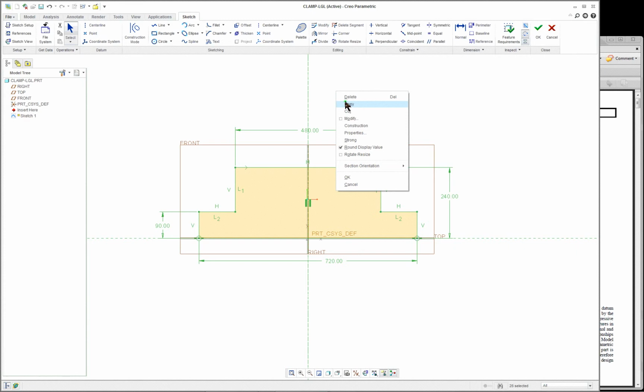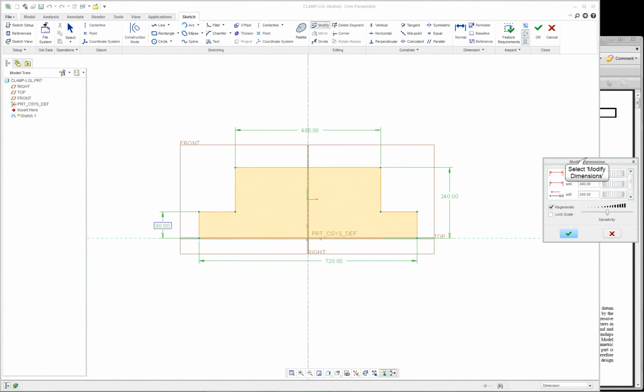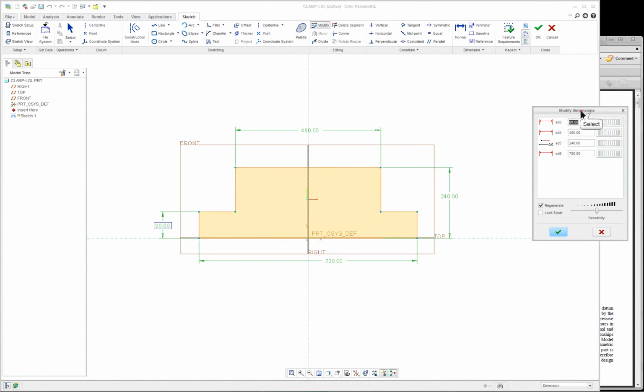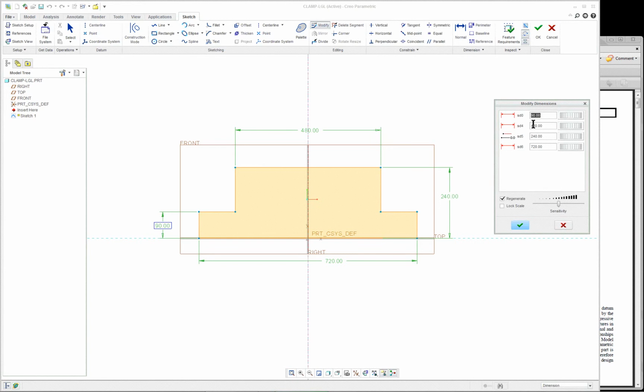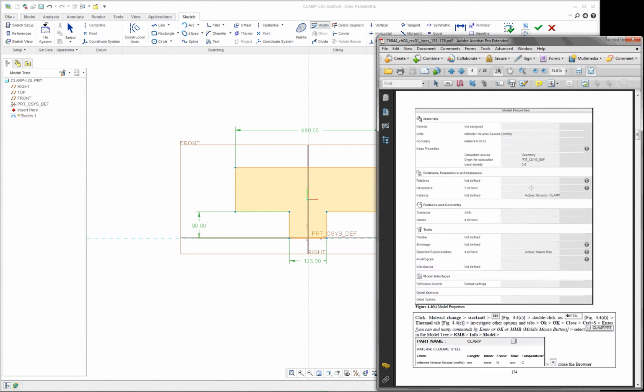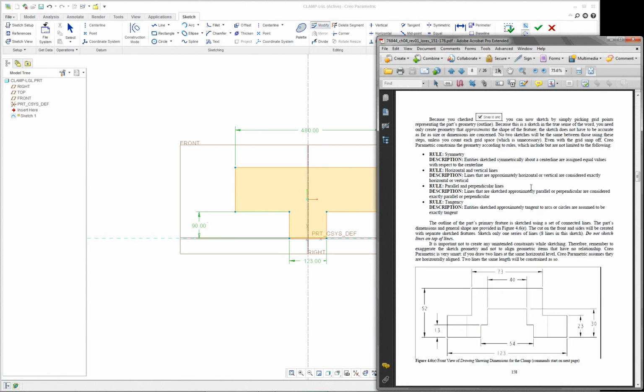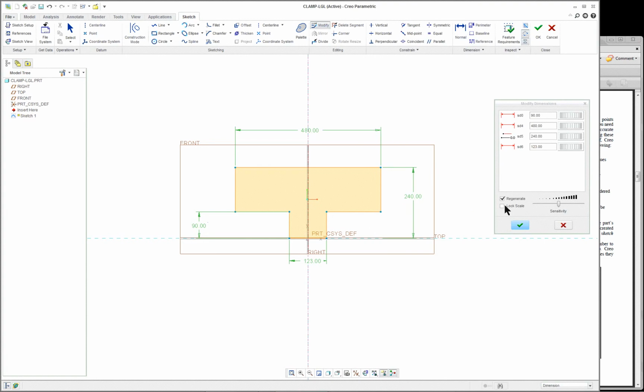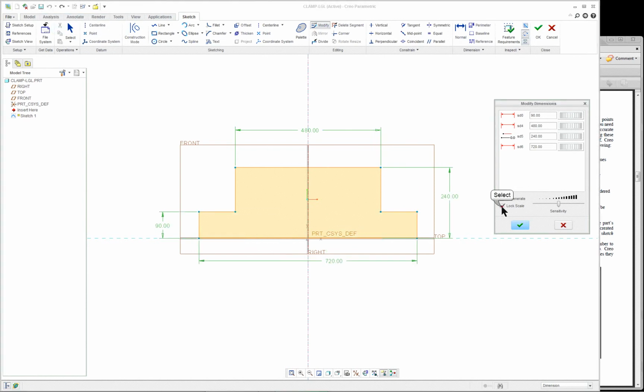Right mouse button, and we're going to modify. And always expand your modify menu, the dialog, so you can see everything. And I know that this long dimension here is 123. We'll go back and check to see if I'm correct on that. So it is 123. Here's our dimensions. Now, in this case, I didn't lock the scale, and see what happens? I'm going to undo that one. So if I lock the scale and I change that to 123,